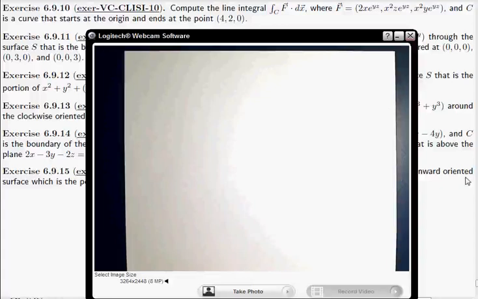Okay, CLISI 10. So we want to compute a line integral. We've got a vector field given to us. Tragically, we don't have a curve explicitly given. We're only told that the curve C starts at a certain point and ends at a certain point. Now, if there's no curve given,